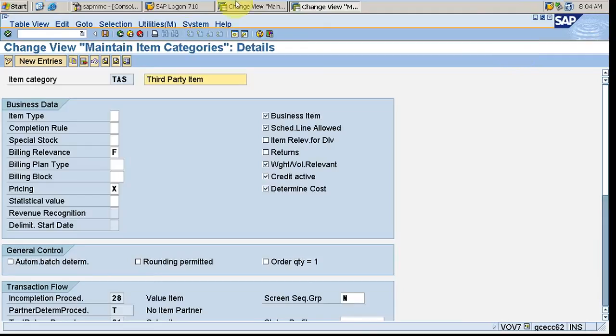Okay, we'll go back here. You see this billing relevance, actually it's in item category.